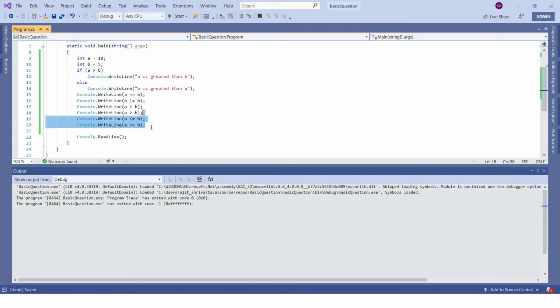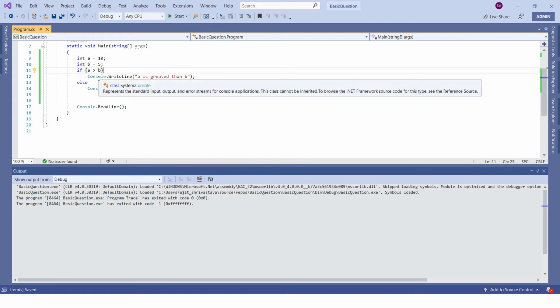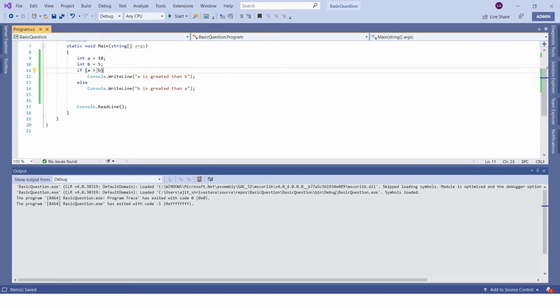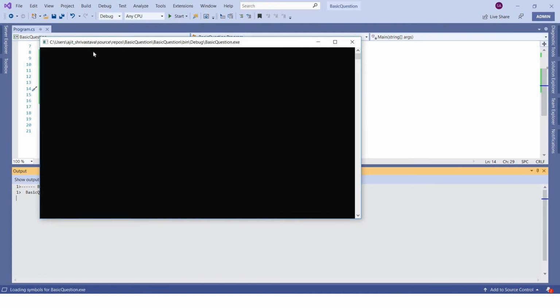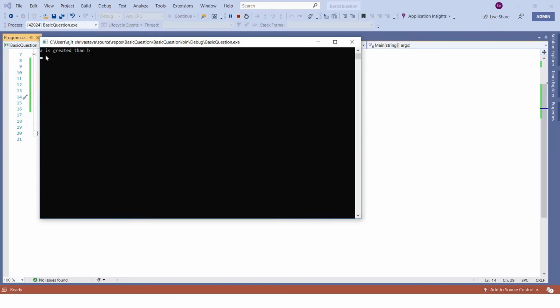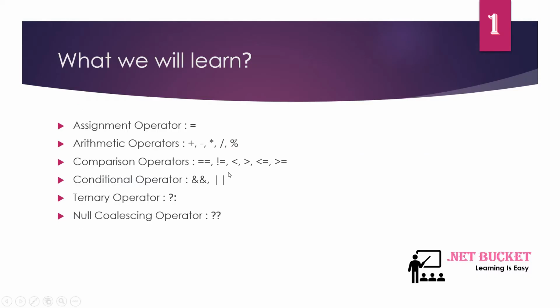So this is the way you can use comparison operators in if conditions. Based on what it returns, whether it is true, it will execute this line, and if it is false, it will execute this line. If we run this, 10 is greater than 5, due to that we are getting A is greater than B, right? So let's go ahead with another one.